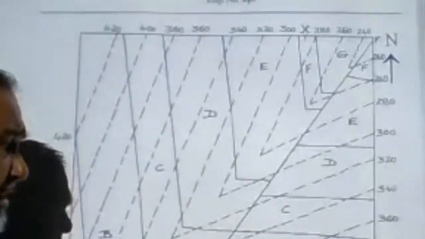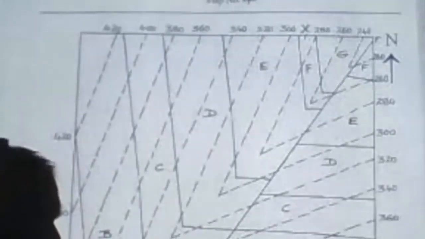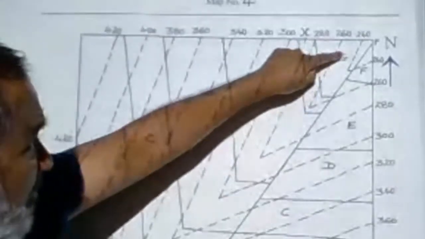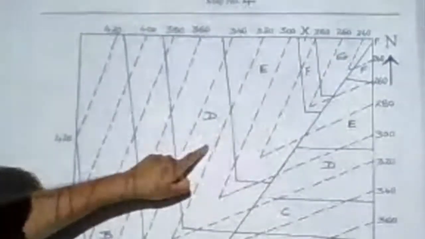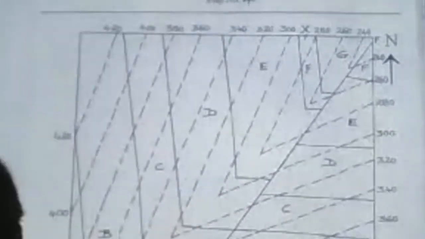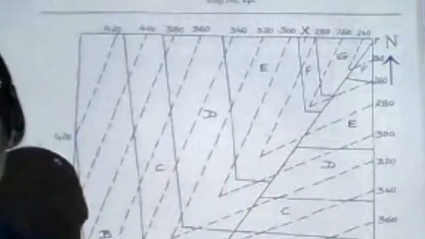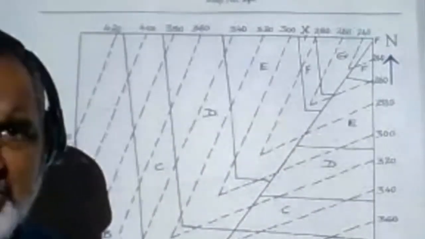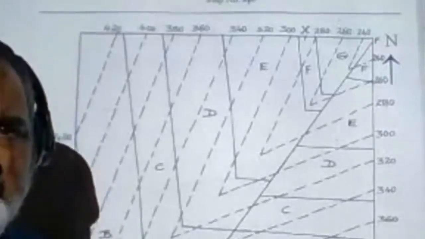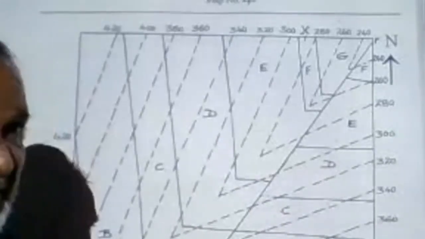And the history we will write: the given map represents the sedimentation process that started with the deposition of bed F, followed by E, D, C, B, and A respectively. The whole series of beds were uplifted, tilted, faulted, and exposed to weathering to attain the present topography. This is the history we have to write, and after that we have to show the section along the XY line.